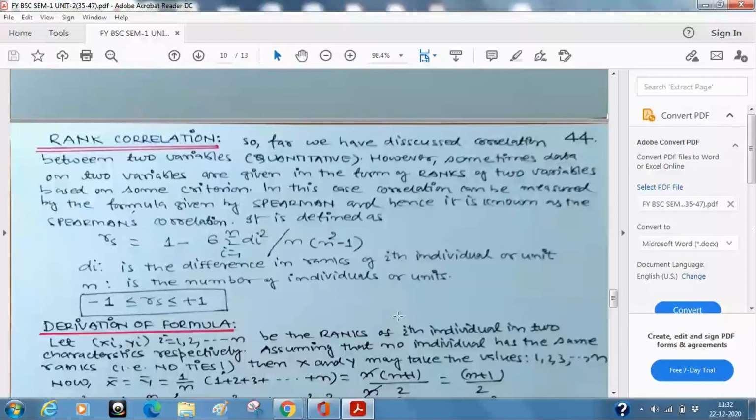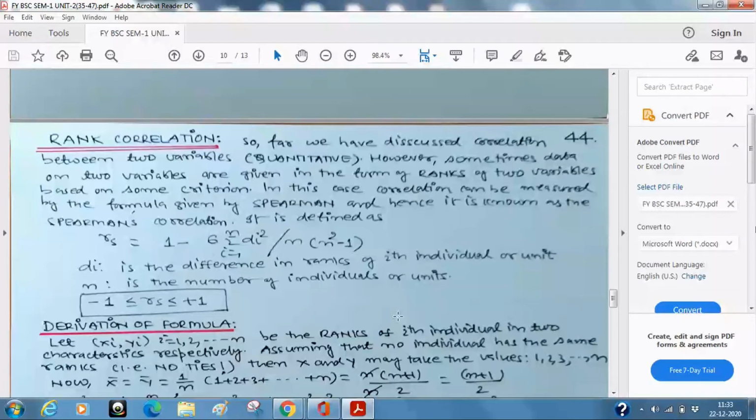Or suppose you don't go to that large a number, and in a class of 50 students any two students may have the same percentage. Even in your class, if you collect the data, you may get this type of information. What was your percentage in the 12th exam? Sir, 72. I am also having 72. Now, how am I going to rank? If I rank 72 at, say, 4th rank, then the next person who has got 72 will also be ranked 4th.